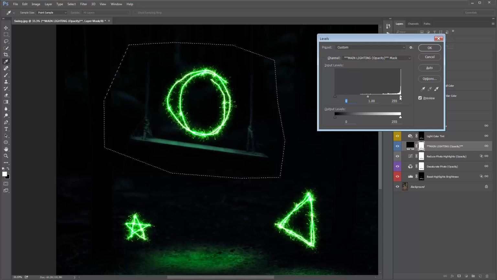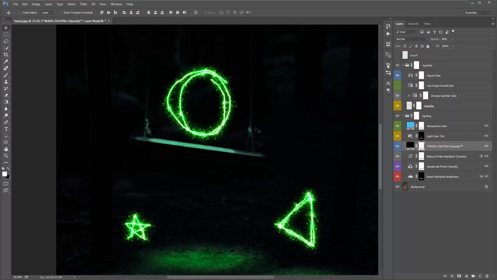And the opposite, if I drag this one in to the left, it will make it darker. So if you wanted to make it more contrasted, I could bring this one in a bit, and then bring this one in a bit. Something like that. It's too bright on this little bit of rope here,